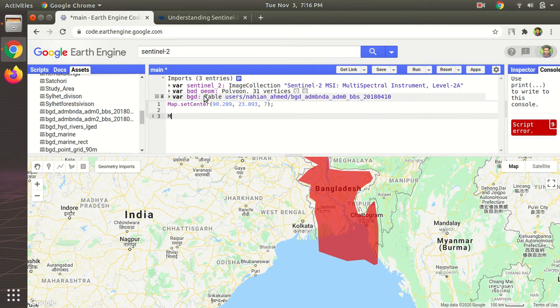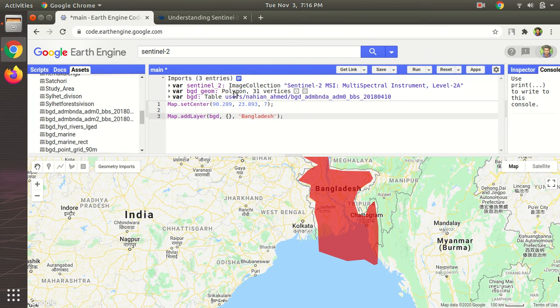Since this is already added to the map, we are now going to add this. What we do is Map.addLayer and then BGD. Or if you want to rename this layer, you have to give the empty visualization. We can also put a hex code here to give the color, but we are going to keep it black for now.